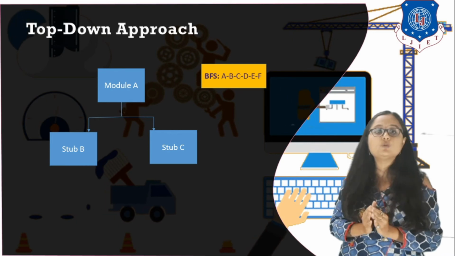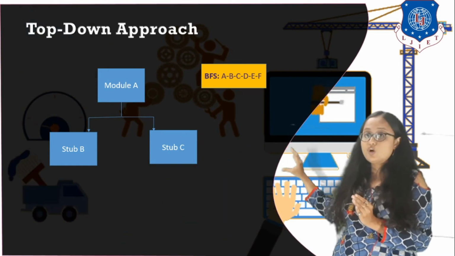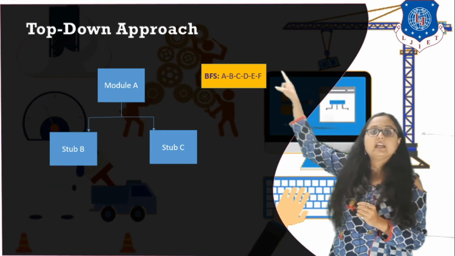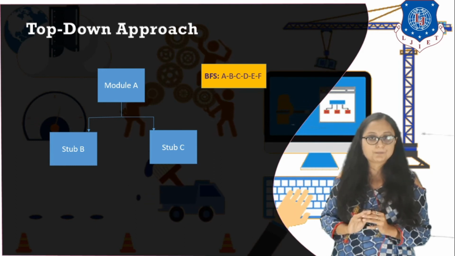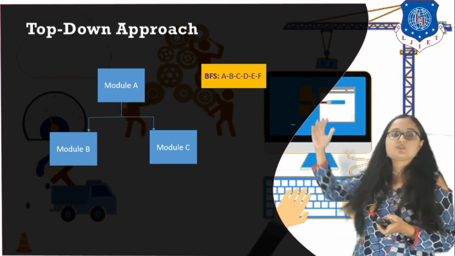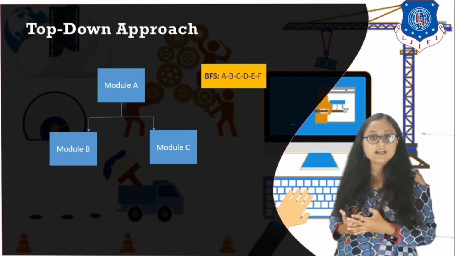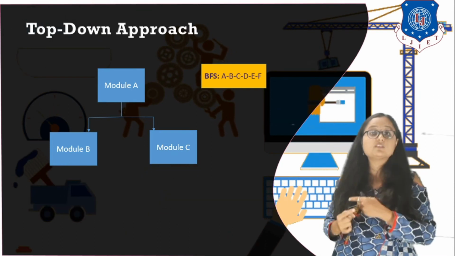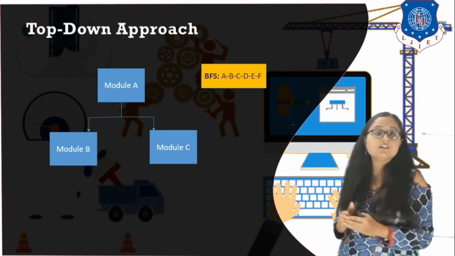It means we have module A which is dependent on module B and module C, but we don't have module B and C. Instead, we have replaced them by stub B and stub C, and we are integratedly checking these three modules to see whether they are working properly or not. When they are working properly, you can replace the stubs by the actual module B and module C when they are created. So the first increment is completed, where you have tested the three modules, and they are working perfectly after resolving all the errors that we got in the first increment.